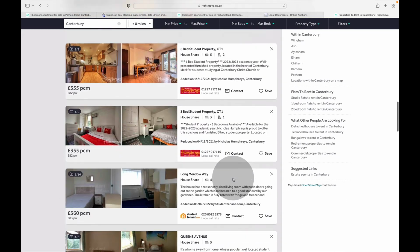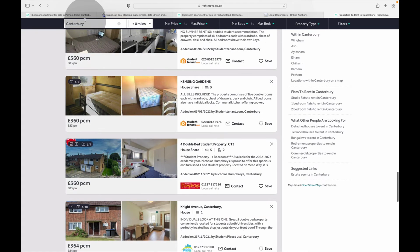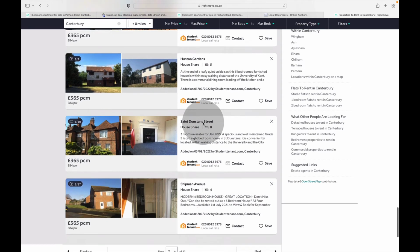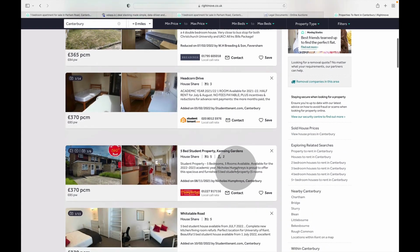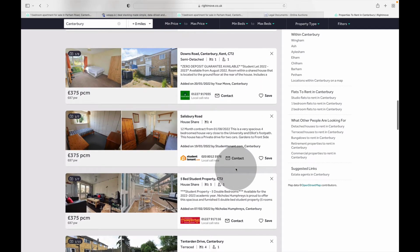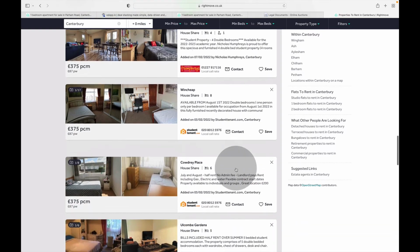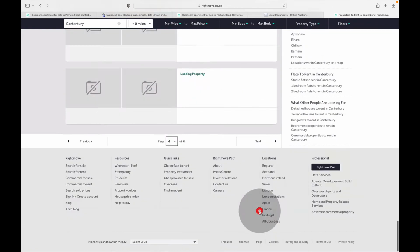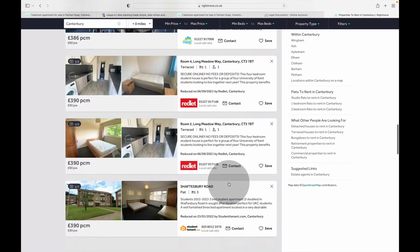So 350. They're all rooms in the house. The students will be sharing. This one we're looking at is obviously a better proposition than that. This one might compete a bit, but the building looks a bit ugly. I think students like nice looking buildings for their friends, and aesthetically better when it's at that price. But if they struggle with the rent, then these other properties are right there to take up your tenants, as your competition. So still looking at 380. Yeah, we're on page 3. So you are competing with these guys, right? And you're at 488. So you're